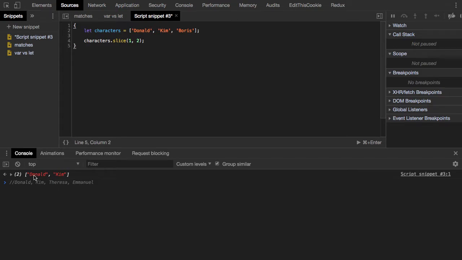Kim. So Chris said it will return Kim. Any other opinion? Donald and Kim. Kim and Boris. Right, so Norbert is right. So if we do that,